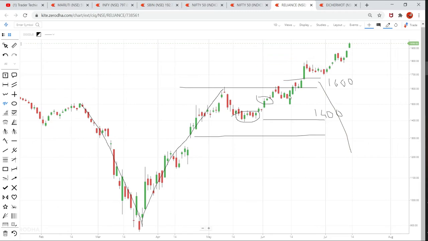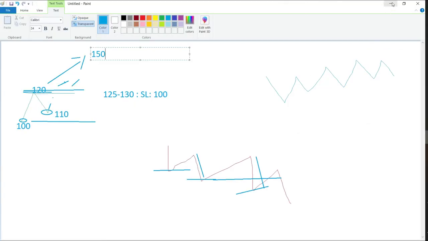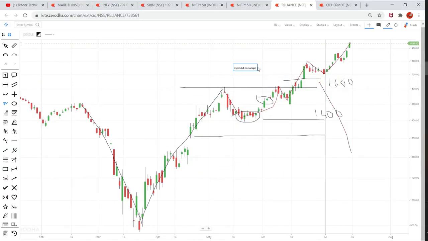And then see from here to here, it moved to 1,500 and then it moved to 1,800 and it came back to 1,700 levels and again it went back up. So if you find a similar pattern to what I drew here, every time it crossed its previous day's high, the previous week's high. So if I draw here, it crossed 1,800 level from 1,700. So if the trend is bullish, it has to cross its previous highs.